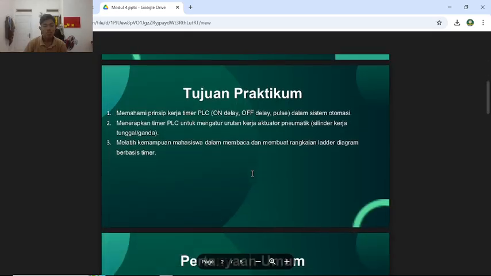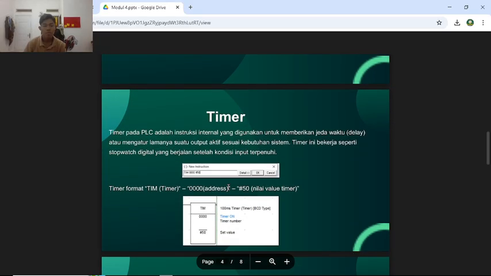Okay, so let's move to the PLC timer. A timer is like a digital stopwatch inside the PLC. It helps us control time-based action in the automation process. For example, we may want a machine to start 5 seconds after a button is pressed. Or we may want a conveyor belt to keep running for 10 seconds after a sensor is triggered. Or we may want a lamp to blink for a fixed time regardless of how long the button is pressed.